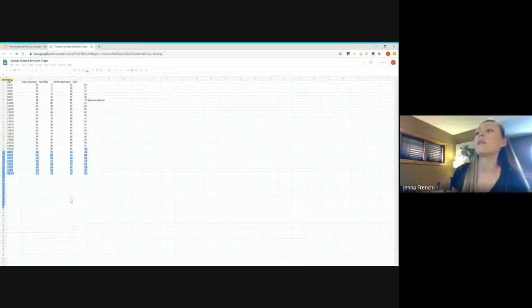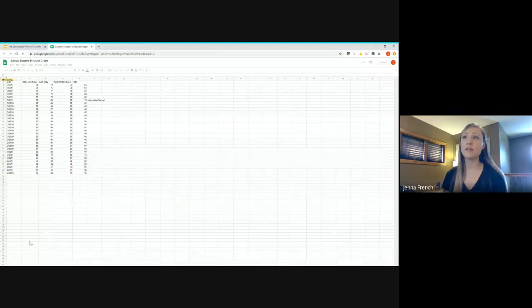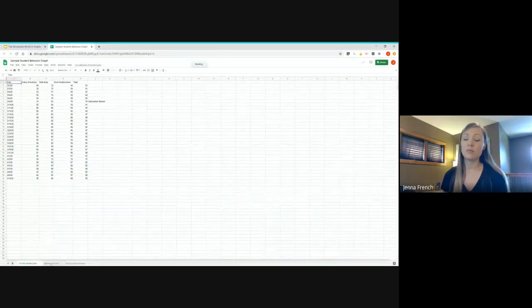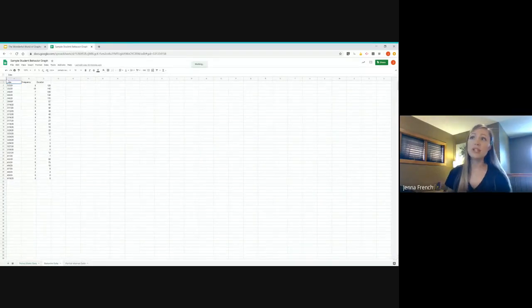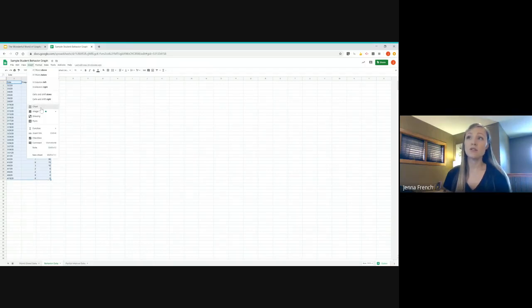data. All right, so I have all 3 data sets in this Google Sheet. So I'm going to go to the behavior data, which has the date, the frequency, and the duration. So in order to make the graph, I'm going to highlight all 3 columns all the way down to that last data point. Go to Insert, Chart,